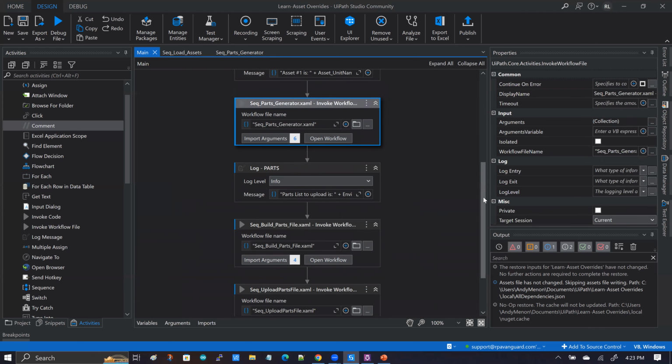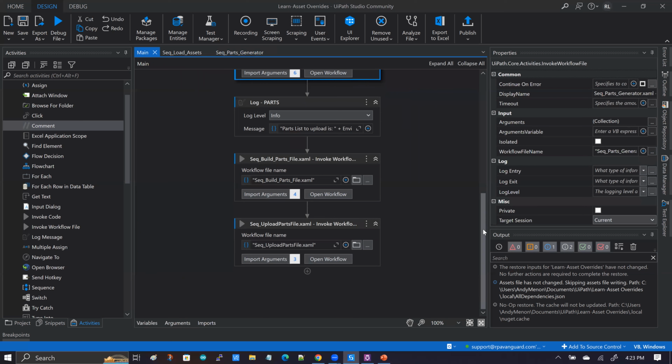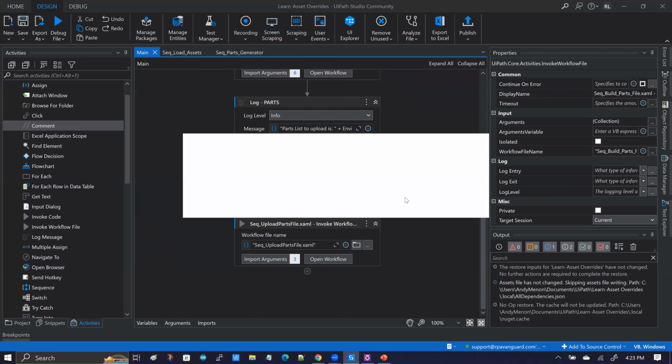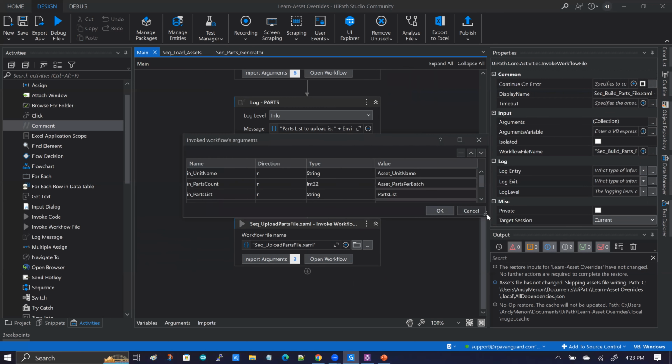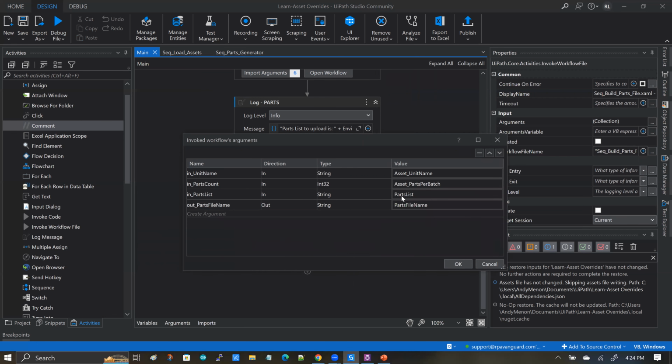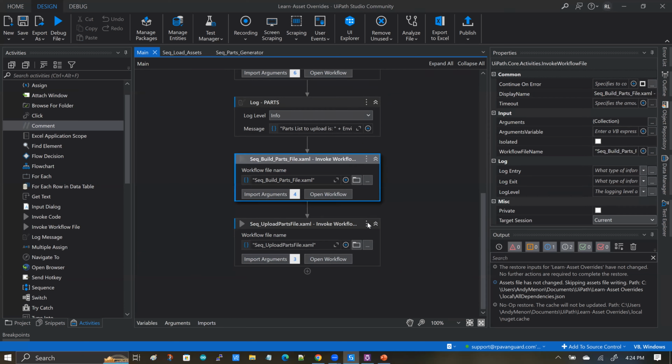The next step is to save these parts into a parts file. And obviously the inputs to this, again, are going to be some asset values, the specifications of the asset, and of course the parts list, right? And here we are not going to put in all the asset names. All it needs is the unit name and the number of parts per batch. And then it's going to take this entire parts list and deposit it in a text file, right? So if I open this workflow,